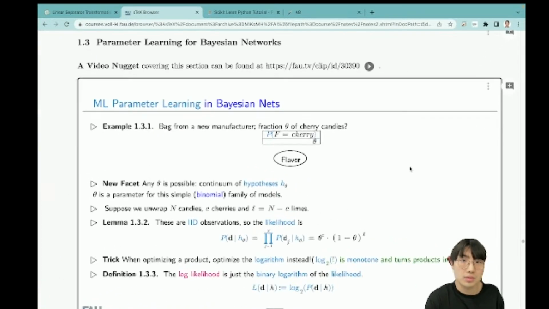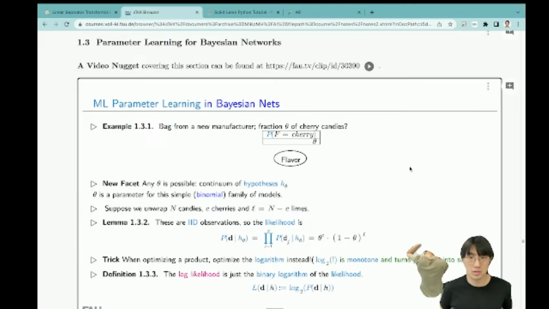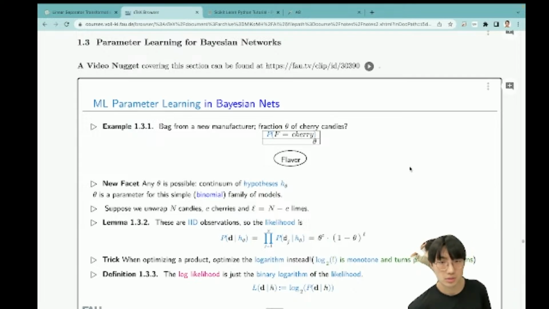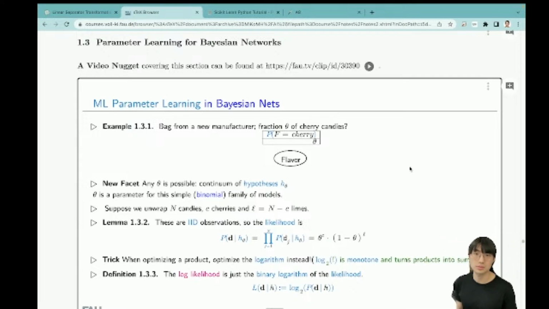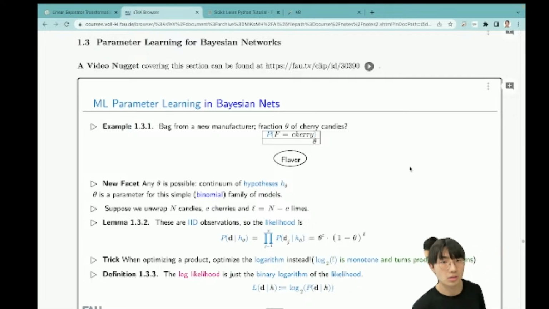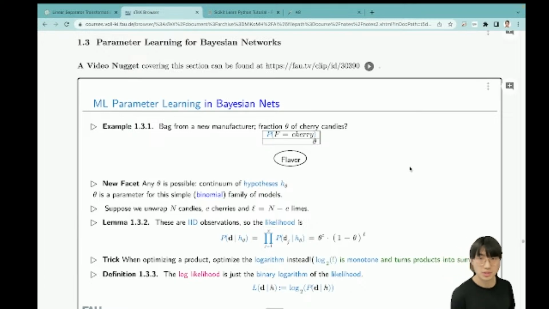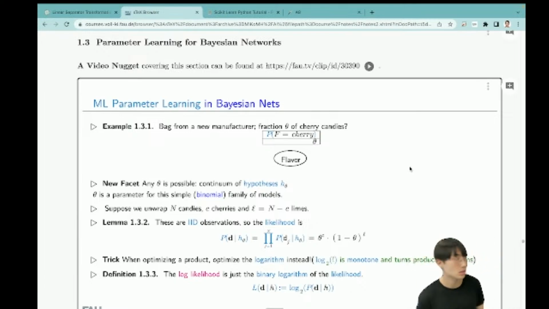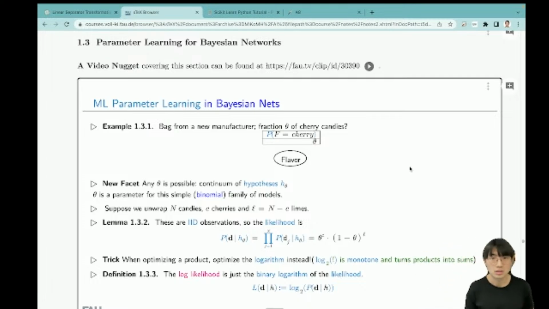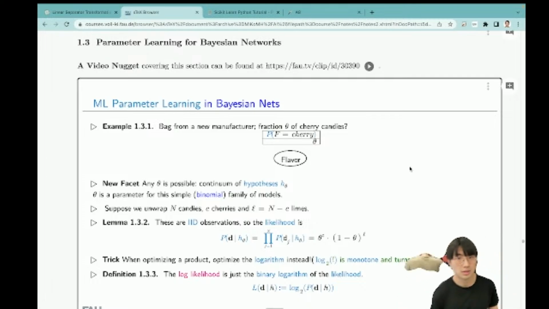So the likelihood is high. IID observations. Suppose we unwrap N candies, C cherries, and L limes. So these are IID observations. The likelihood is